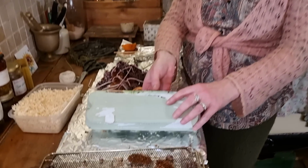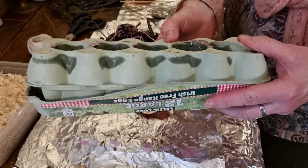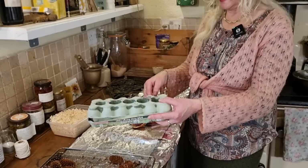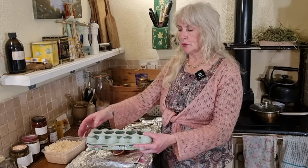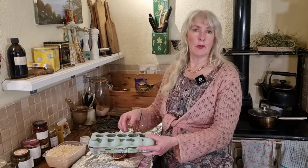Then you just close up your egg carton, and then when you're ready to use it, I would tie a bit of string around it as well. Still a lot of molten wax in here. And then you just tear off a piece at a time. And so it's going to make maybe 1, 2, 3, maybe 6 or more